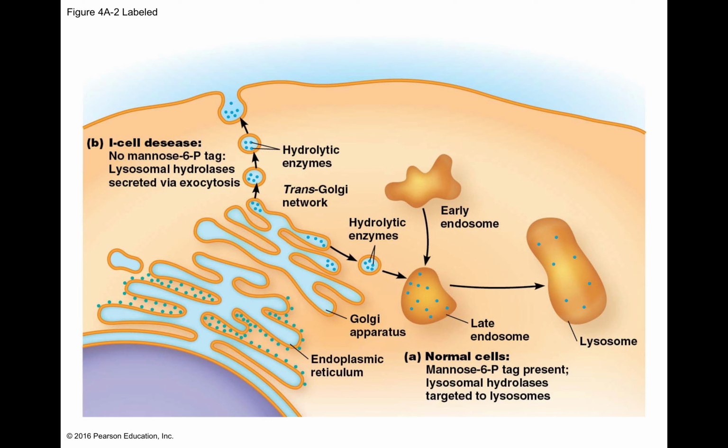This tag acts like the little piece of plastic that you get between the two batteries in a remote. In the store, if you press the remote, nothing happens because the batteries aren't in contact with each other. Then you pull out that little slip of plastic, and now they are in contact. Mannose 6-phosphate prevents the enzymes from being active until they reach the late endosome lysosome compartment where the pH is low. Once they hit that low pH environment, the phosphate comes off,